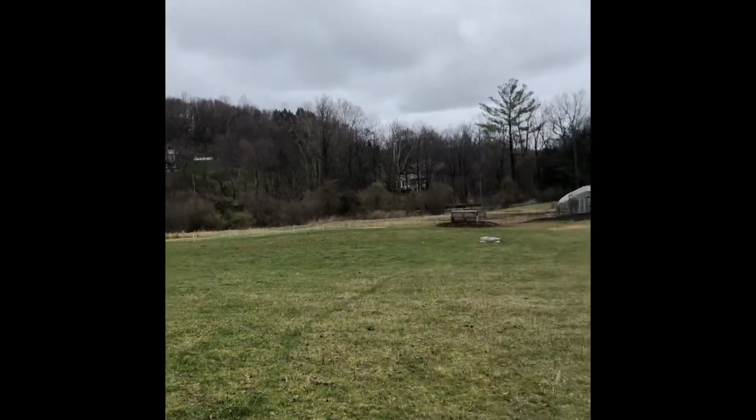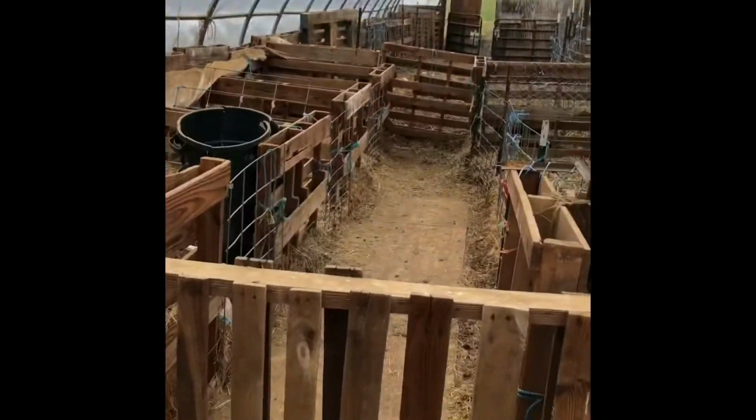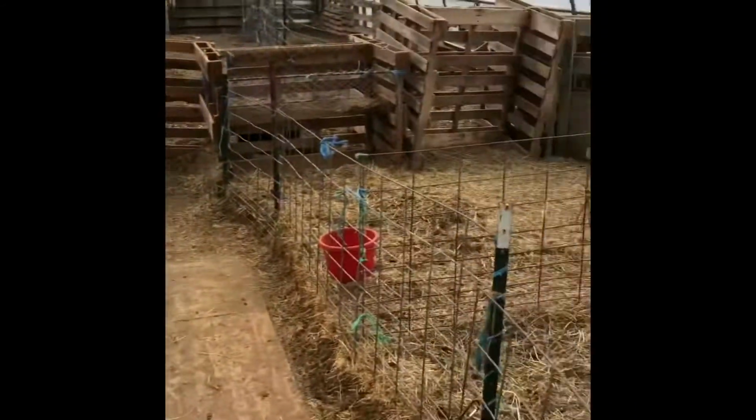So here is the hoop house. This is our water tank that we use to give water to the sheep, and it comes out of the spigot down here. It's usually attached to a hose, and we put it in buckets, and that's what we use to water. My dad built all of these palleted pens, so this is like the birthing suite for our